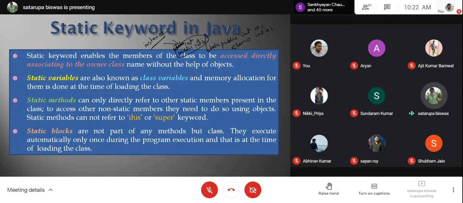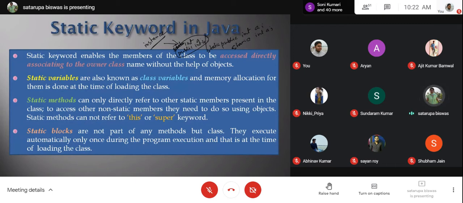So public static void main. Main is a static method. If you try to call any method present in the same driver class from the main method, that method also needs to be static. Suppose you need to call a factorial method or a swap method. Whatever method you are declaring, you have to declare it as static. Otherwise, you cannot directly refer to it from within main.